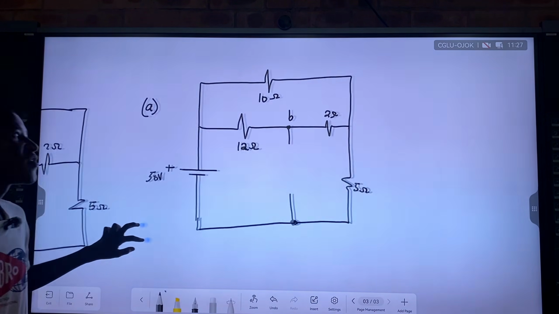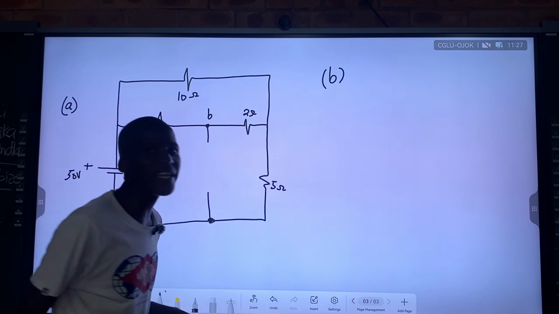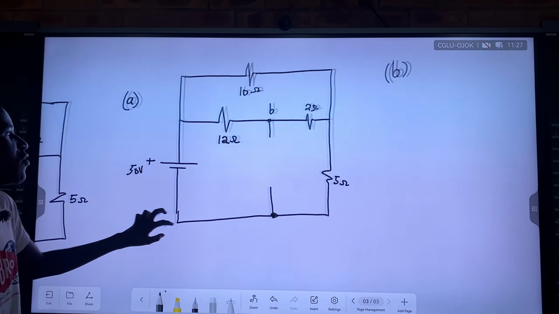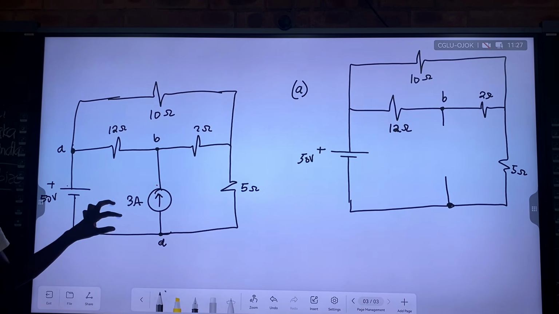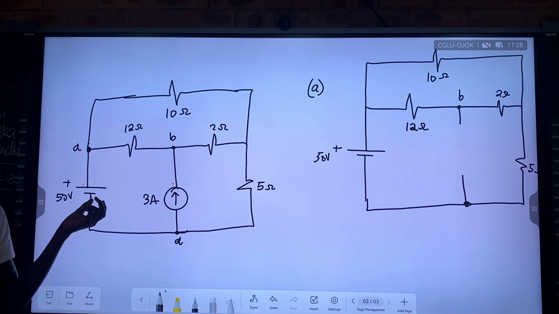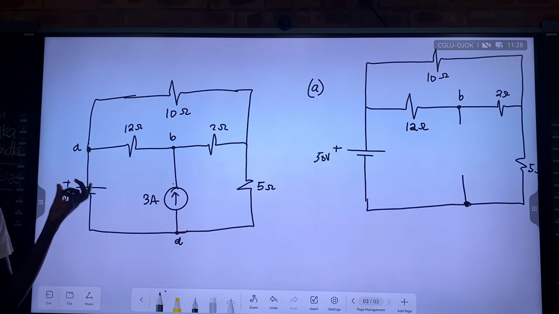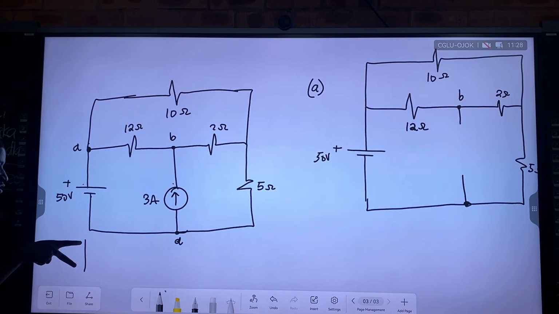Let me also do the other circuit, and I'll call it circuit B, whereby I'm now removing the voltage source, just to make things simpler, right? If I remove a voltage source and I want to see the effect of a current source alone, what do I do with the voltage source? I'm going to short circuit it, because a short circuit is just a line, which means that we are going to have zero voltage.